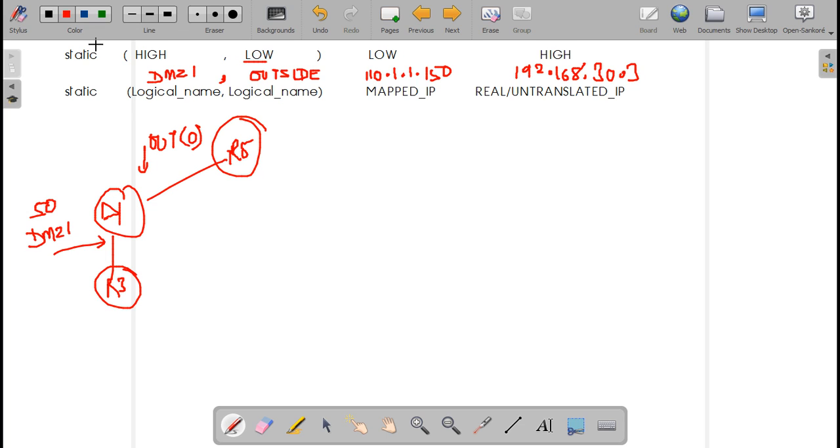So if this user is sending a packet out to R5, the packet will be: source, and destination internet.